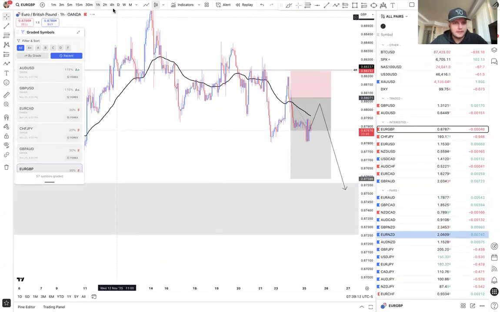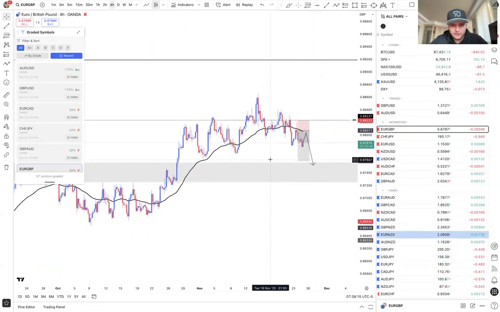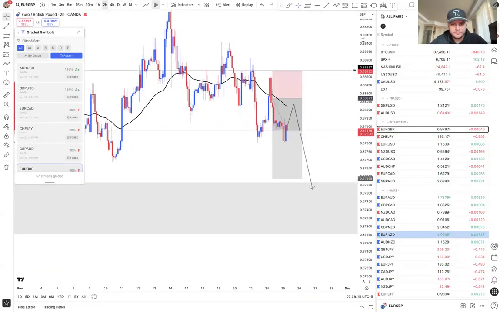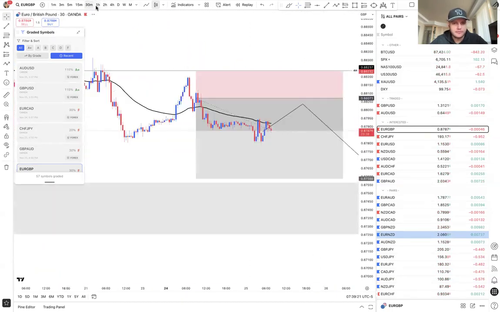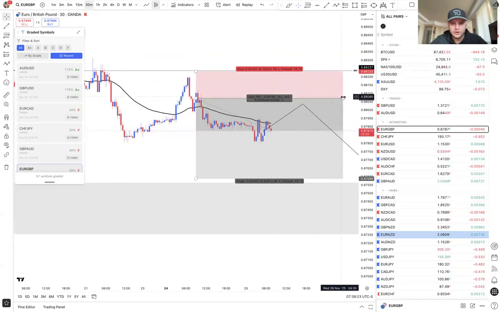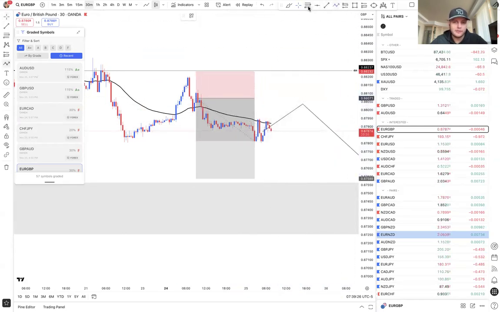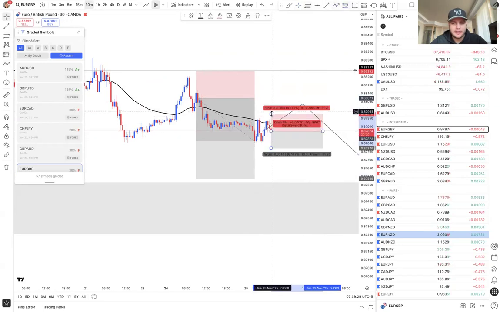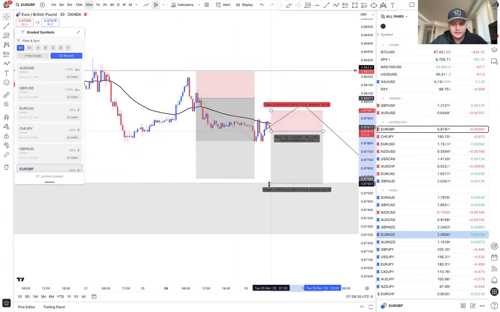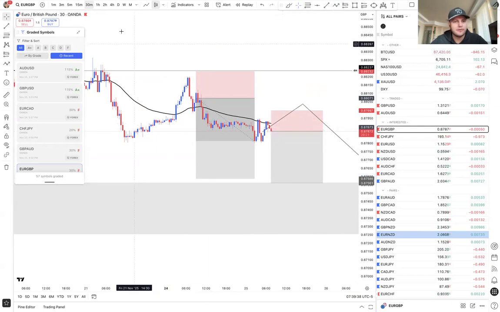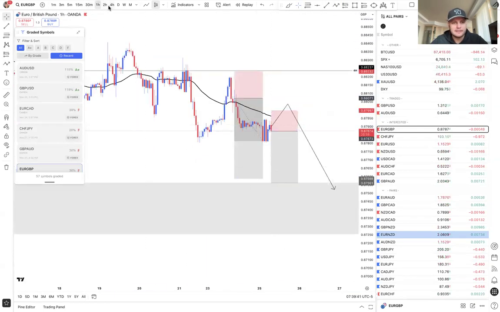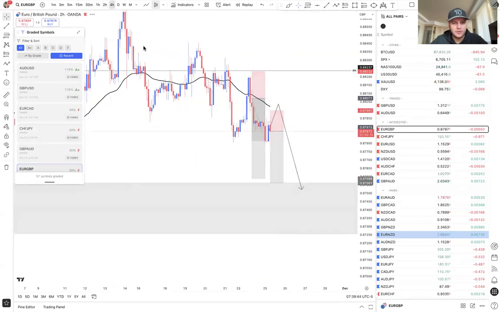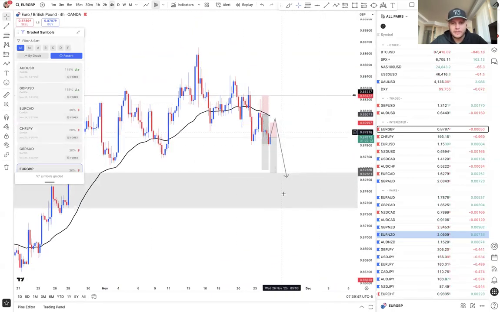So it would make sense to take sells. At this point, I'm just going to wait for price to get to this area to buy. But if you're looking to sell, then you just do that from exactly where we are, I suppose. I just don't know where you would put your stop loss. If your stop loss is this tight, maybe you put your stop loss above these wicks right here. That's still a 1 to 2.5, but that is a very, very aggressive entry. And if price decides to retest the 2 hour EMA or the 4 hour EMA, you're getting taken out of this trade and price will still move in your direction. That is the only issue with that.